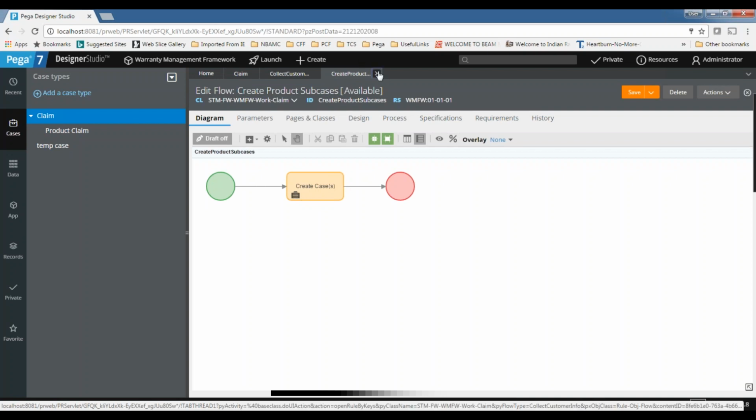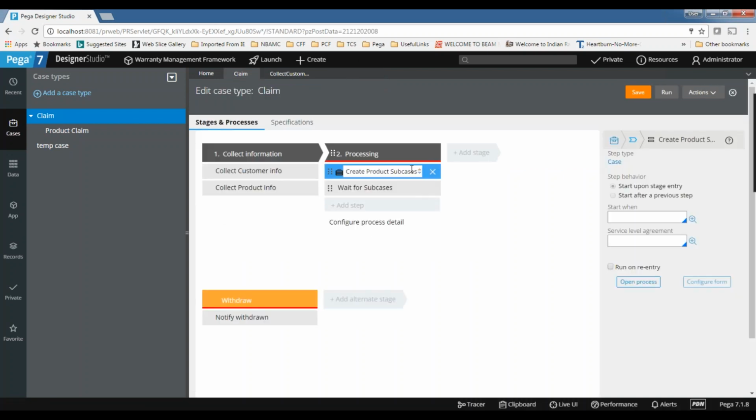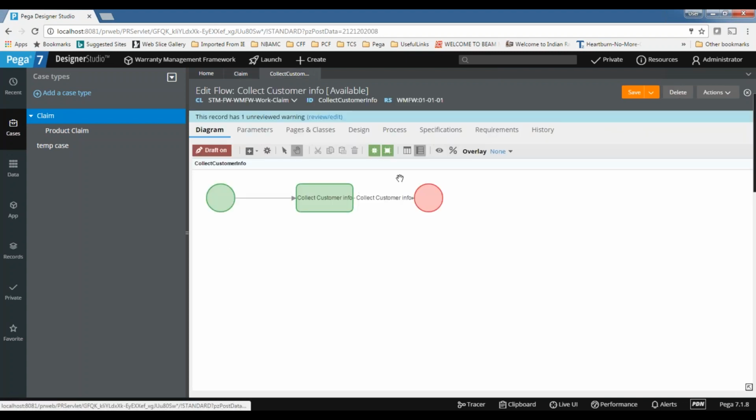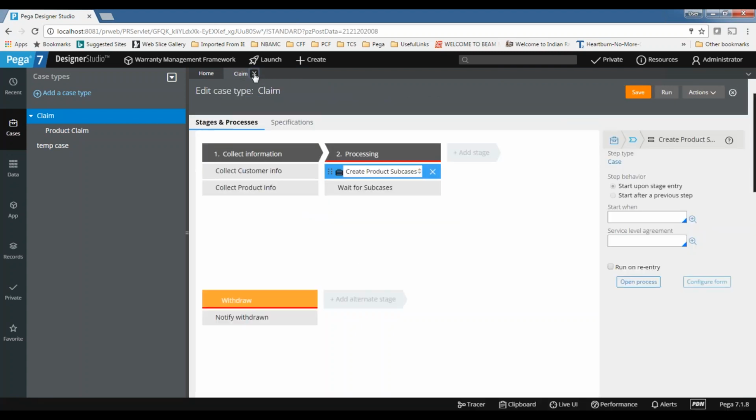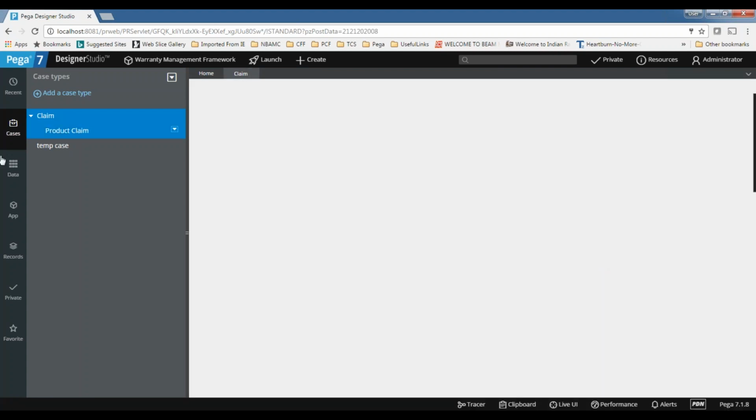That means based on the configuration changes in the case designer, internally the flow also changes according to its configuration. But if there is no case designer to configure, then we need to do it manually, directly on the flow rule only. So we need to understand each and every shape so that we can manually create the flows. So let's create it manually on a flow.